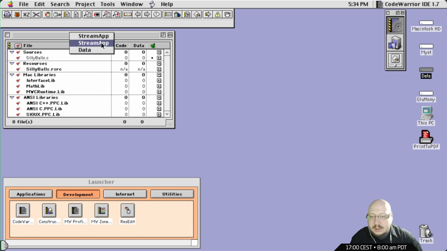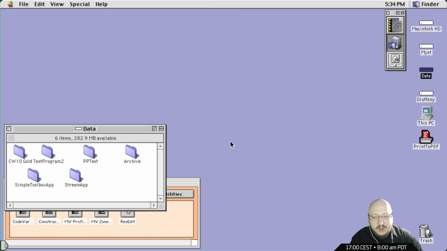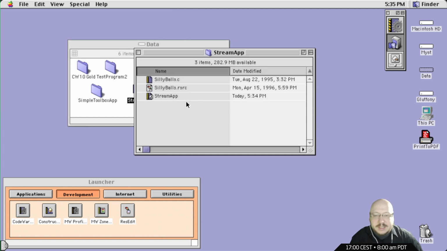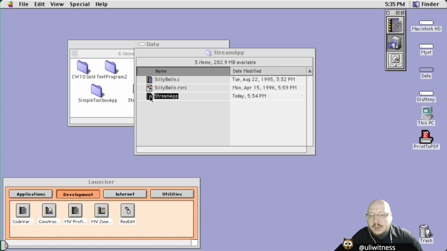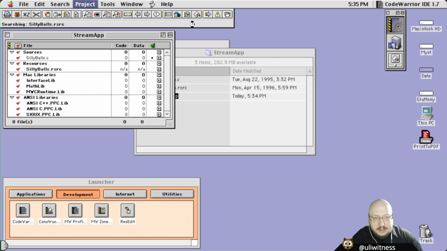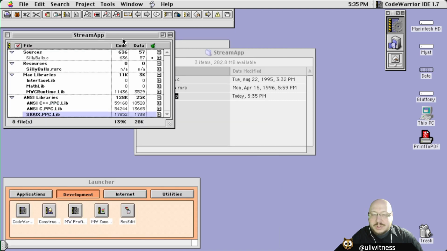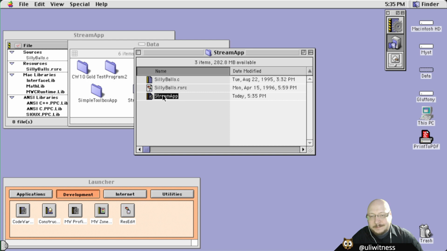Oh, and I made a mistake. See, already started, already made a mistake. So there's one pitfall that you have if you're using CodeWarrior to compile classic macOS, and that is that in general... Oh, maybe not. Let's just try it, I guess. Let's run this. Do we get a weird error? Yes, we do. Okay. So the default setup for this template is to create the application with the name of the project. Now, if you just name it Stream App, then of course you have a problem,